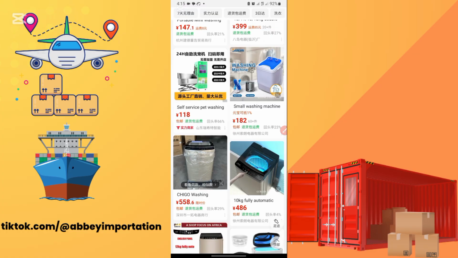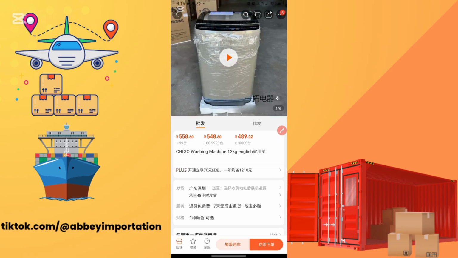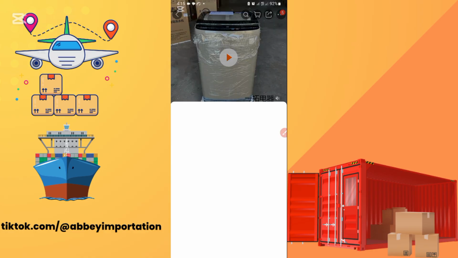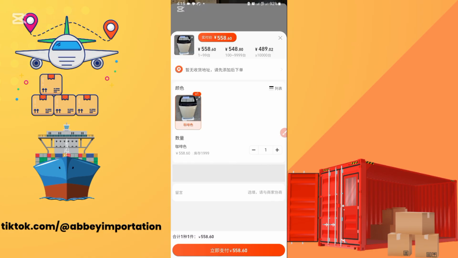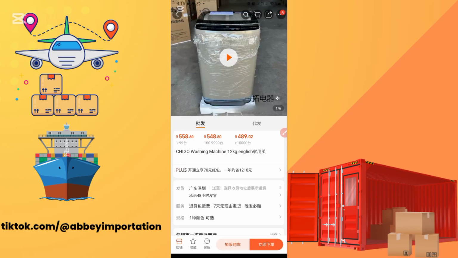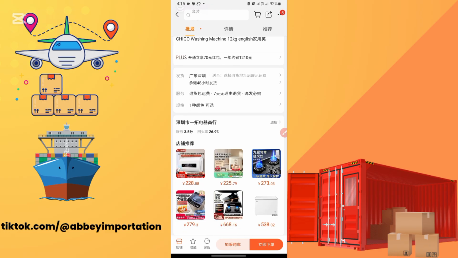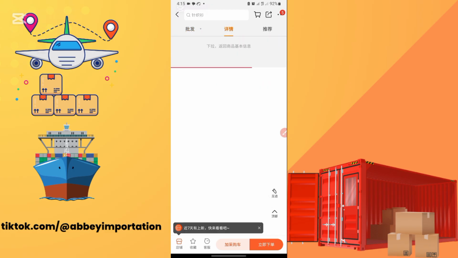Once I see the washing machine I want to buy, let's say I see this one and I want to look at this, I'll just click on it, then it will take me here. I'll click on this button, I'll see more about the machine, or I'll just come here and read about the description of the machine and everything that I want to know,